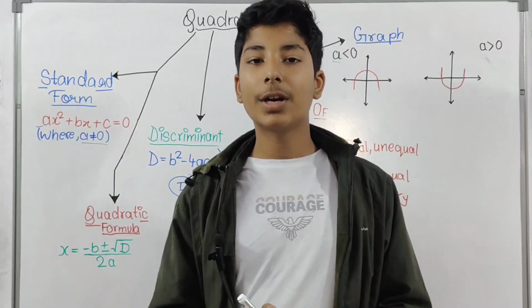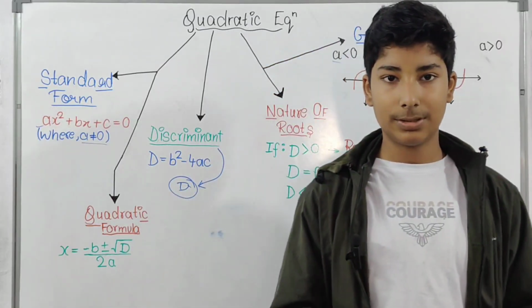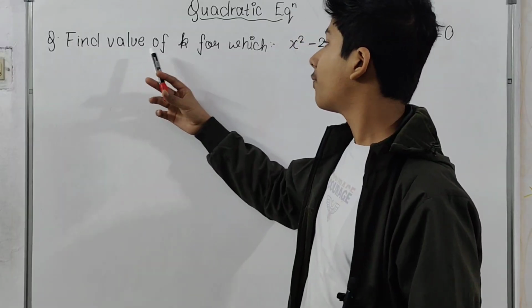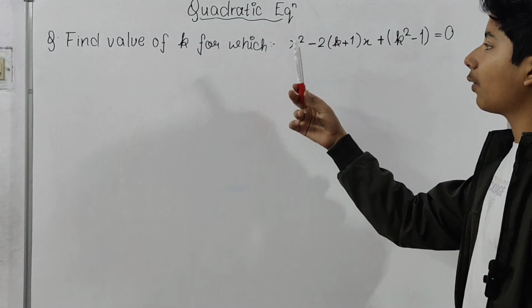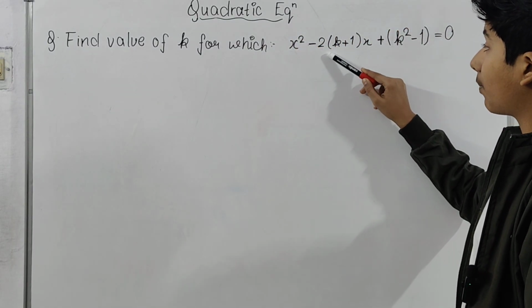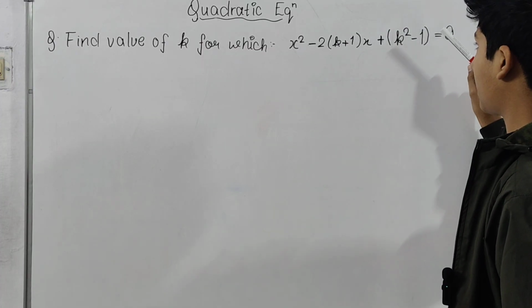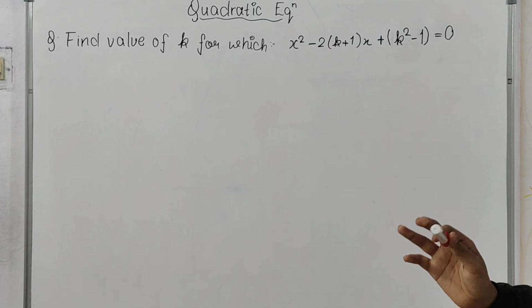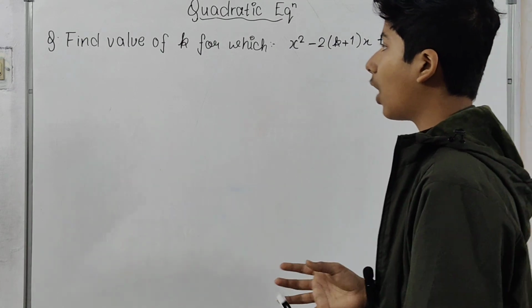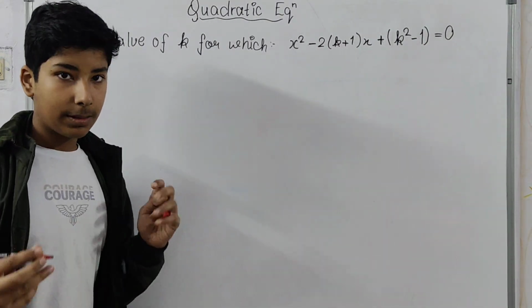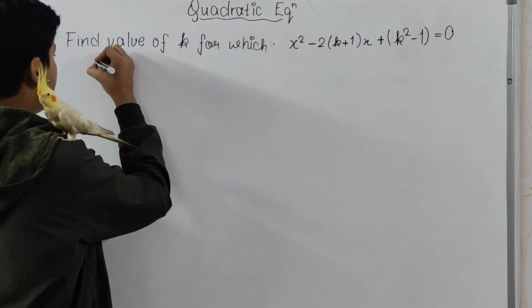Now we'll come to our word problems, or you can say the questions. In this question, we have to find the value of k for which x square minus 2 into k plus 1 x plus k square minus 1 equals to 0. So how will we solve it first of all? We know how to find discriminant. D equals to